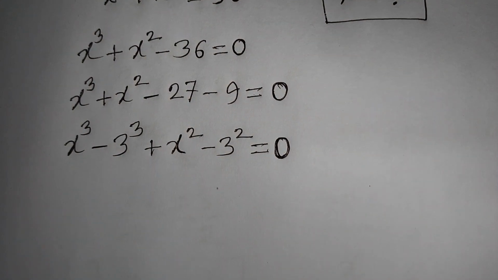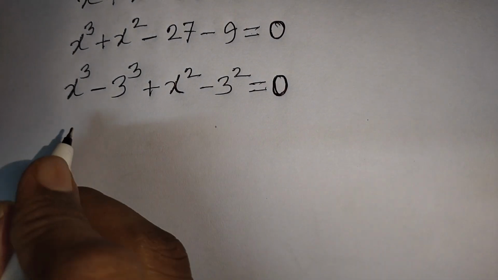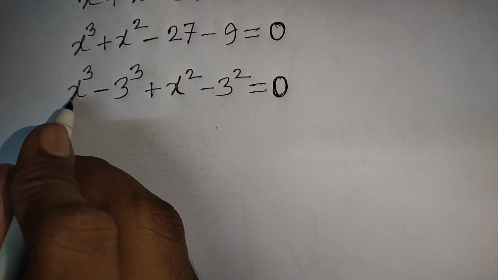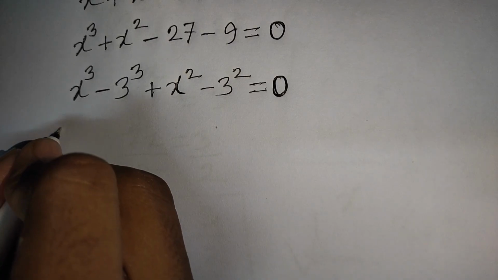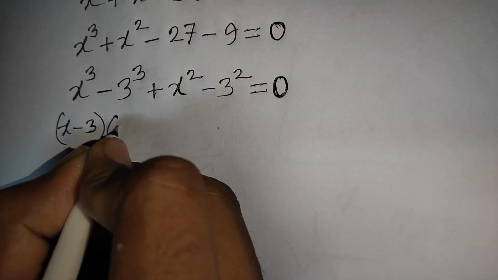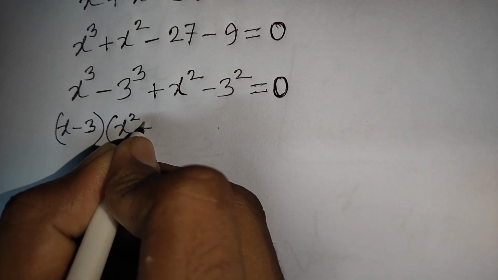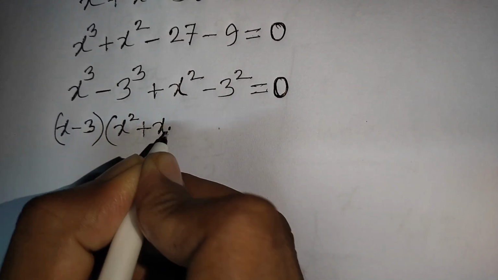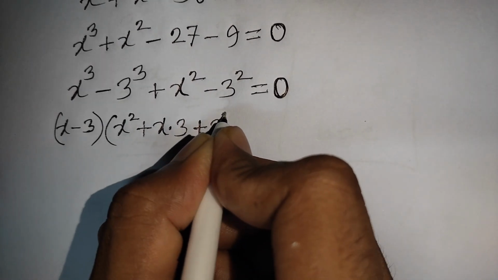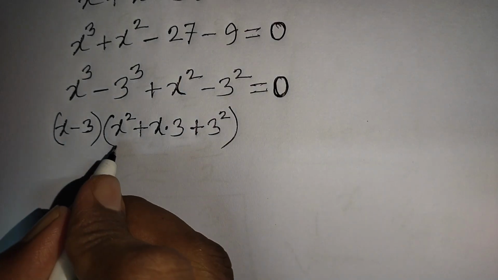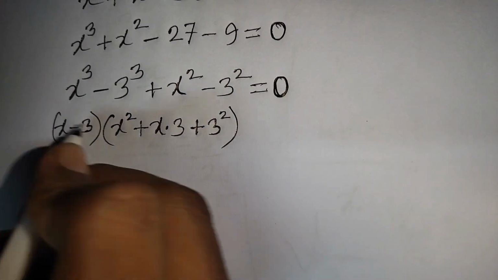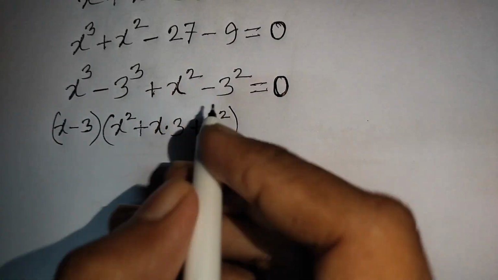Now here you can apply the formula of a cube minus b cube. Here a is x, b is 3. So according to the formula I can write here (x minus 3) times (x square plus x times 3 plus 3 square). That means (a minus b) times (a square plus ab plus b square). This is the formula of a cube minus b cube. Then plus